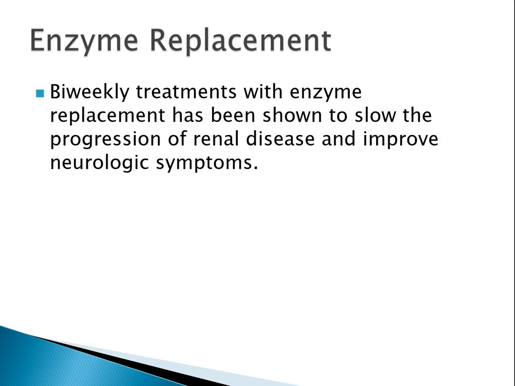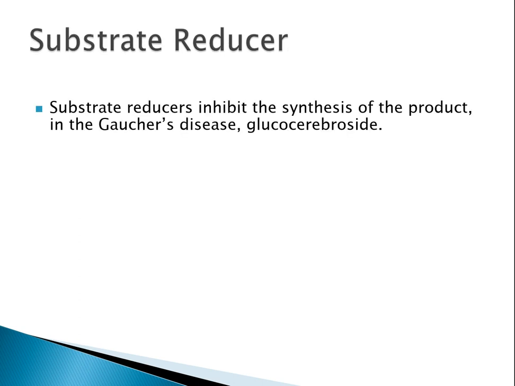Enzyme replacement can be given every other week, and this improves neurologic symptoms, renal progression, and cardiovascular. So you can decrease the incidence of MIs and strokes by giving Fabrazyme, and this is to both males and females. Substrate reducer is another method that is currently not FDA approved,